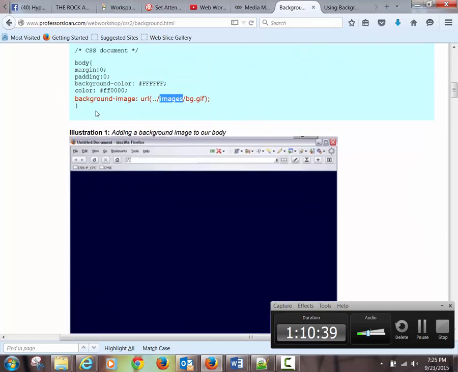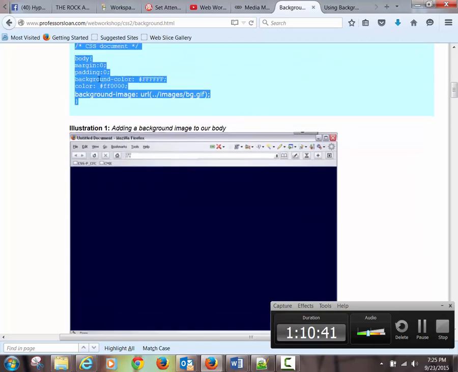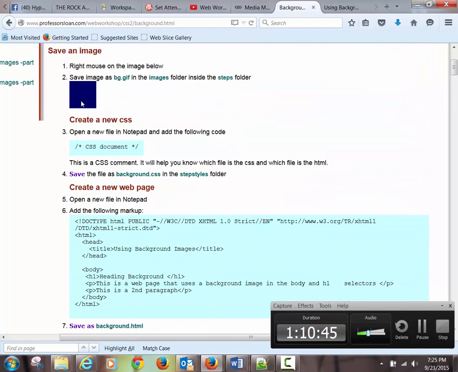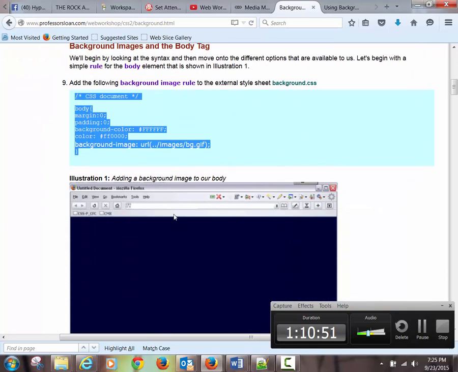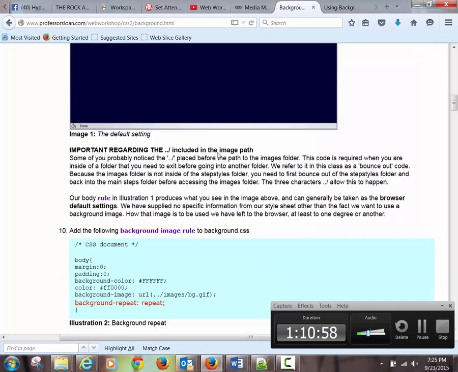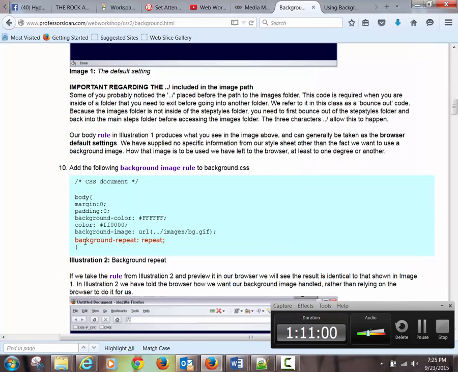You go through, you create the CSS file with just this, and if you're just linking to a background image, it doesn't matter if it's a big square, a little square, 50 by 50 pixels, or 5,000 by 5,000. If you don't specify where you want it to be or whether or not you want it to repeat, it'll fill up the entire page. If you then specify background-repeat, I'll make it repeat, and that's the code for repeating, it'll still fill up